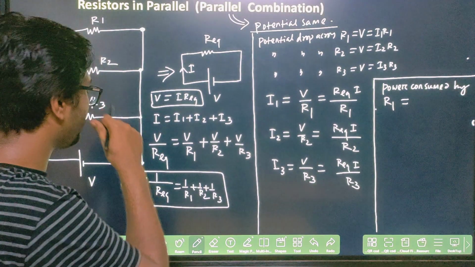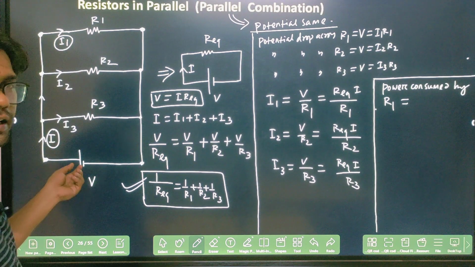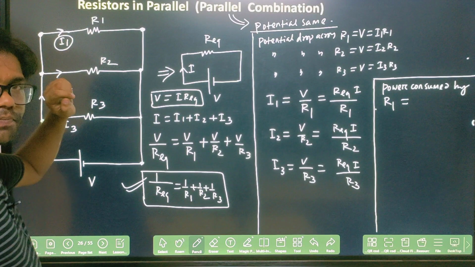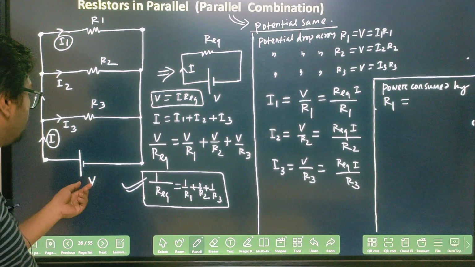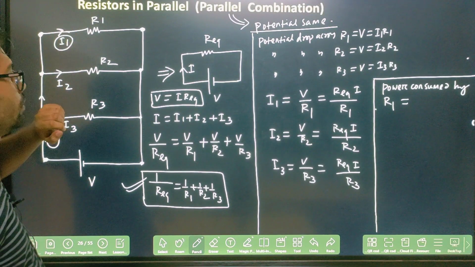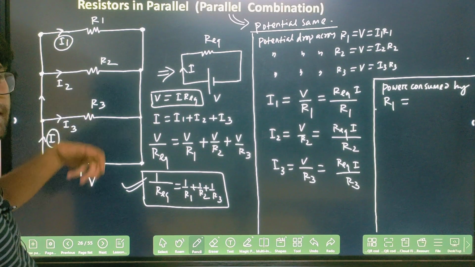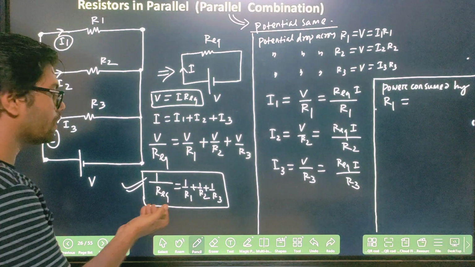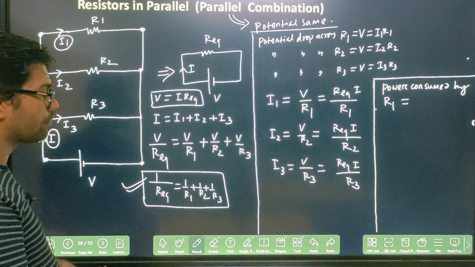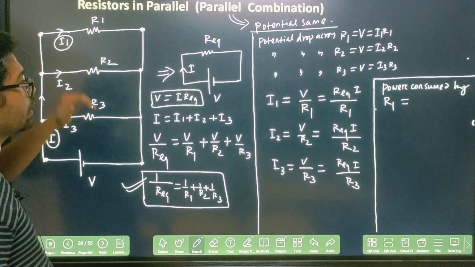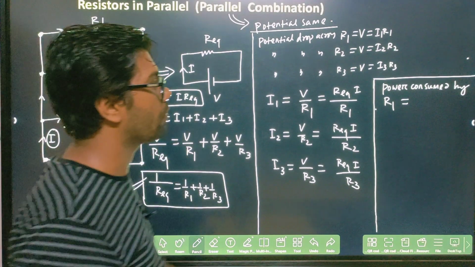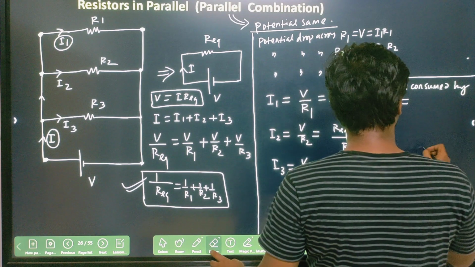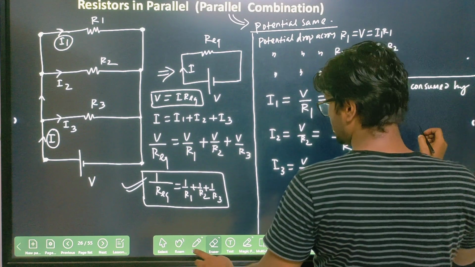You can apply any formula, but here in the parallel combination the potential everywhere is the same, right? So we can write V into I1, or you can write V square by R1. Which one will be more convenient for you? More convenient will be V square by R1, because V is the same everywhere. So you can write power consumed by R1